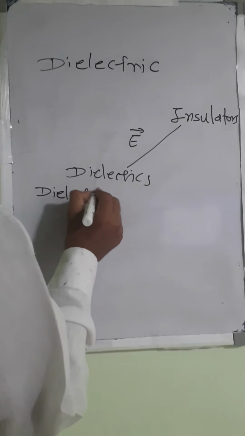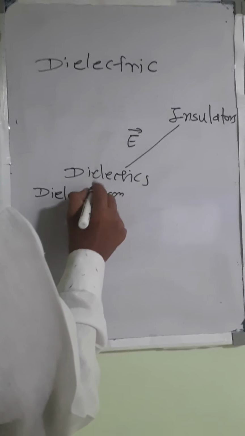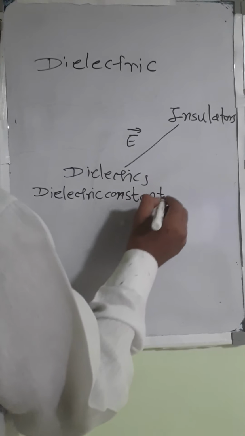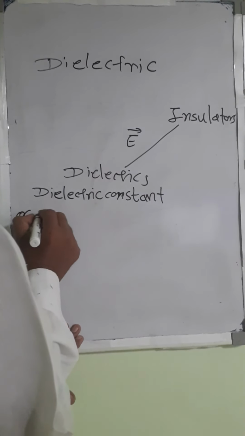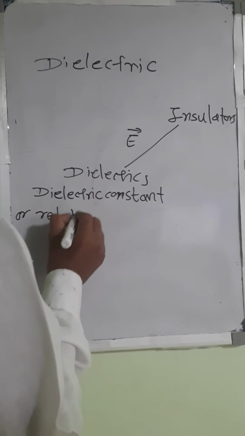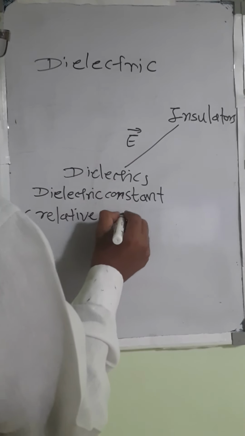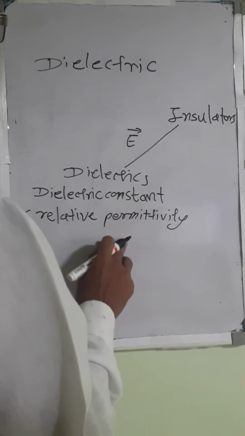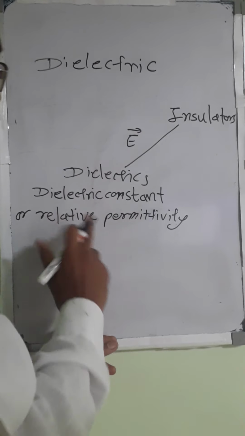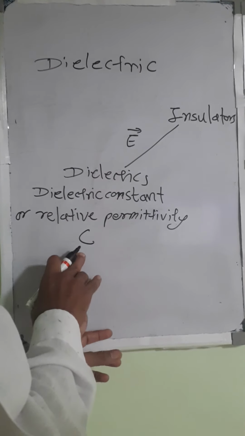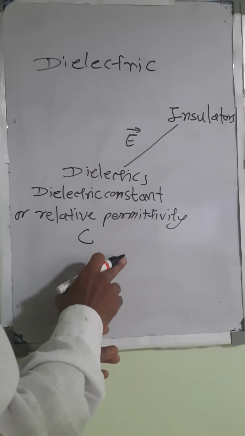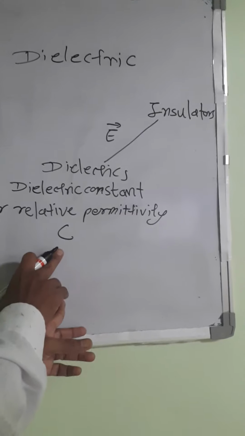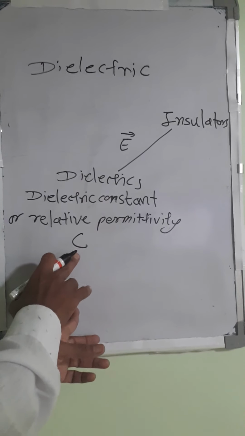Dielectric constant, it is also called relative permittivity. So using the concepts of capacitance, the dielectric constant or relative permittivity is defined as follows: when the capacitance